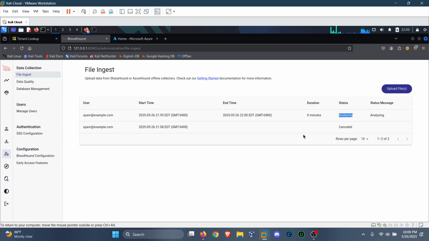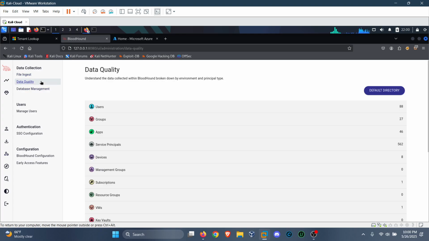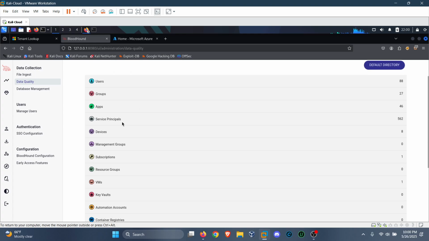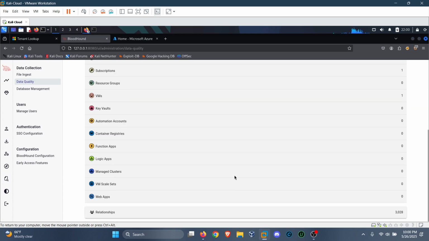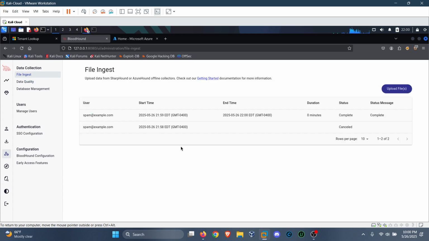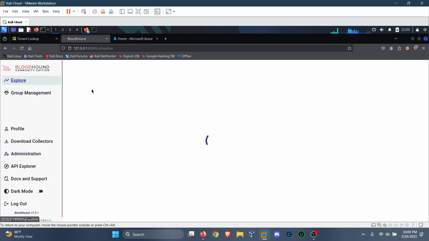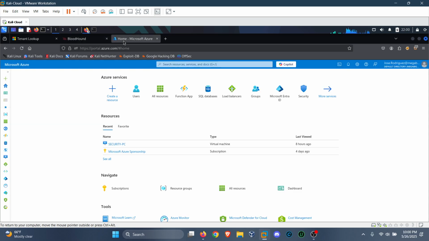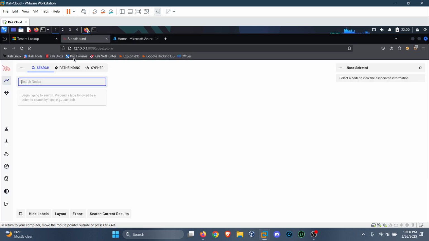And there we go, it's analyzing. We can go to data quality and we will see that it's now populated. We can see users as this, groups as this, apps, service principals, and all of these nodes. And it's completed. Let's go ahead and put our user, which is Jose,